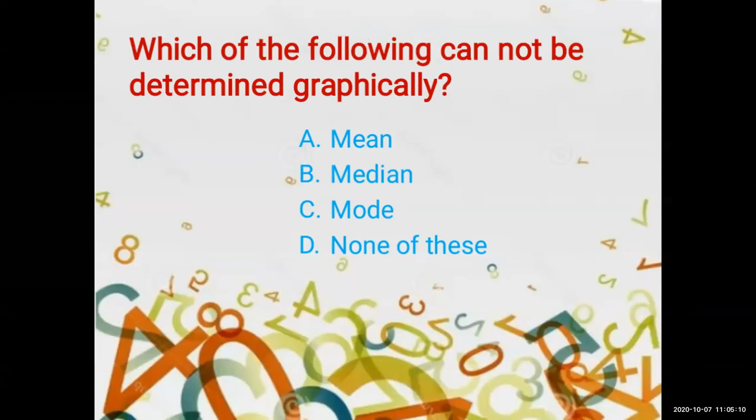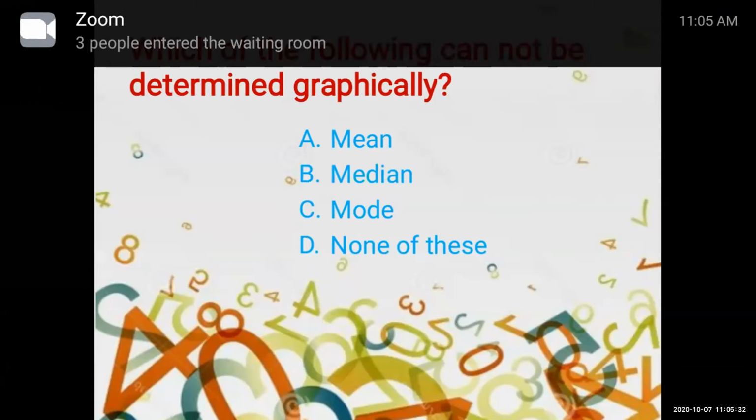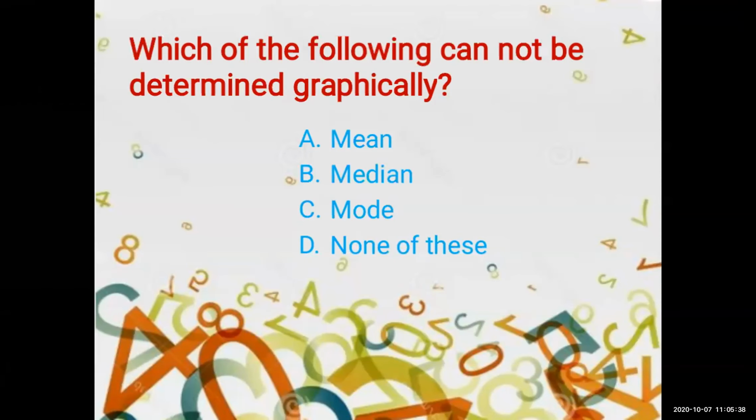Yes, audience, anyone wants to guess? Group E, you want to guess the answer? No mark is there. Yes, Sanskriti, you can also guess it. No problem. You can type it in the chat box. Okay, many options are coming. Bhumi is saying none of these. Many have selected mean also. Many have selected option A. Let's see the answer now.